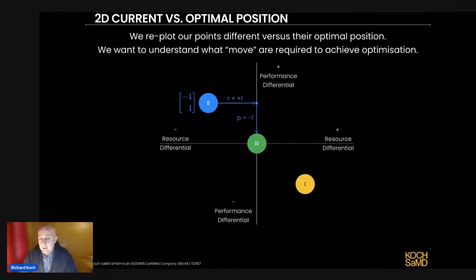So while this is really simple, this assessment of where we are versus where we want to be is one of the core techniques that your AIML algorithm will do to learn, right? Because we can set up a strategy, and we'll see that a bit later, where the AIML can experiment with the numbers and say, well, what if I added 2 resource and reduced 3 performance? Where am I here? And where do I have to go? Did I get closer? Did I get further away?